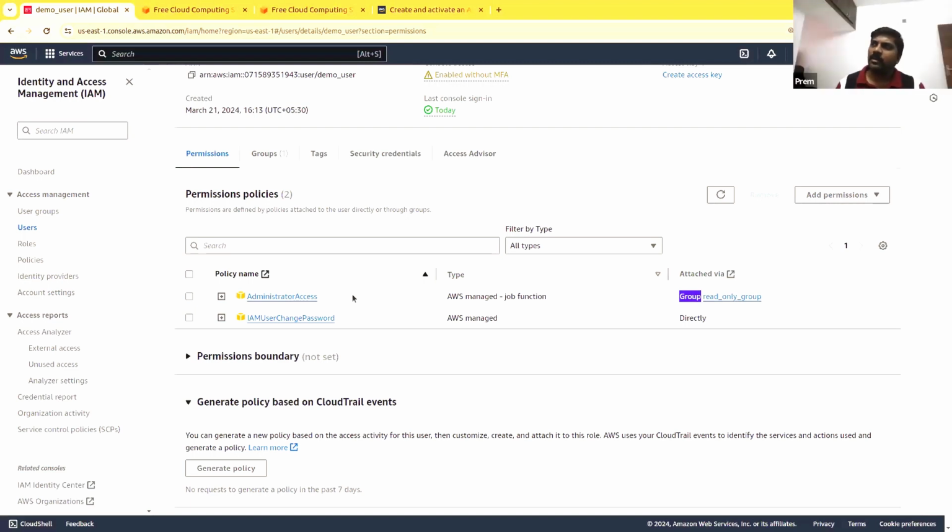It is easy to understand, as it will tell you what access it is giving. A policy is just statements, either allow or deny: allow what, deny what. The name will be self-explanatory. So if you know the services, you will be able to relate the corresponding policies.